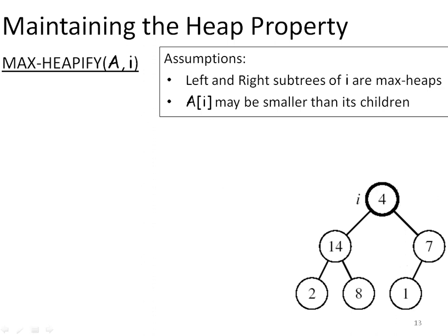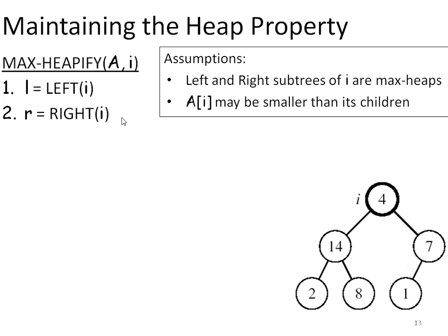And we also know what we have to do first. We have to compare this 4 with its left child and its right child. The first point is I have to obtain the indices corresponding to the left and right child. Since it is a heap, L is present at index position 2 times I. So this Left(I) is a function which simply returns an index of left, that is 2 times I. The right child is stored at index position 2 times I plus 1. So this Right(I) will return that particular index value.